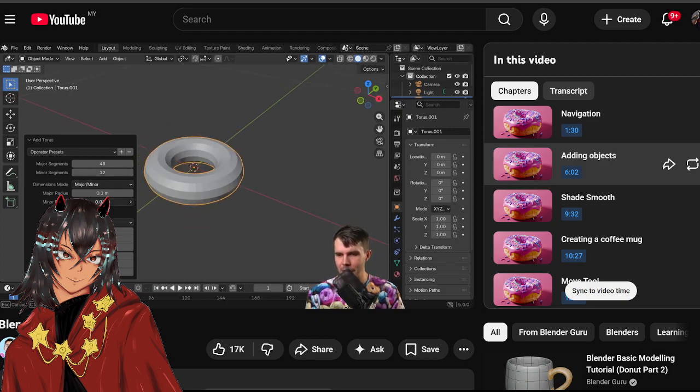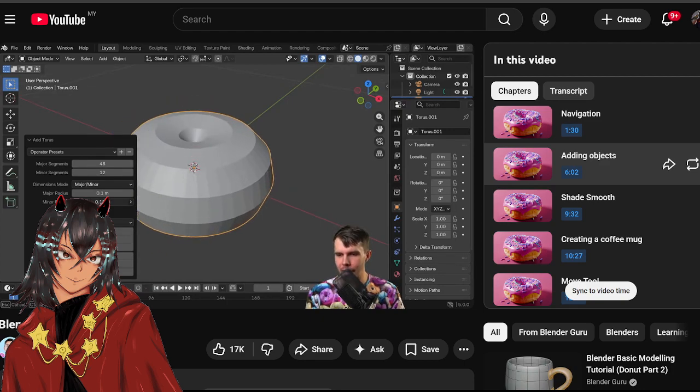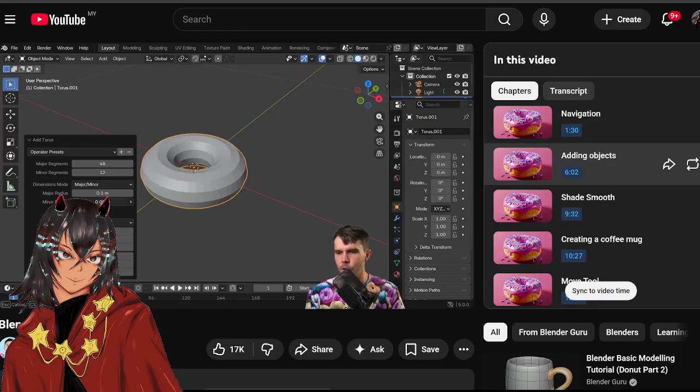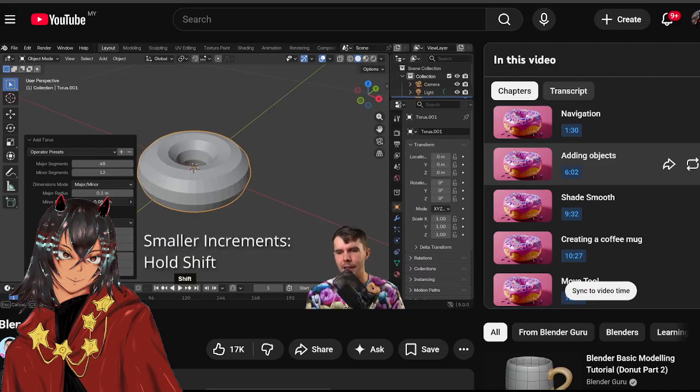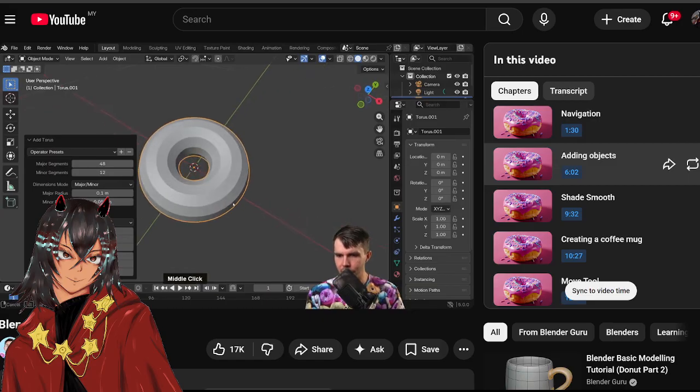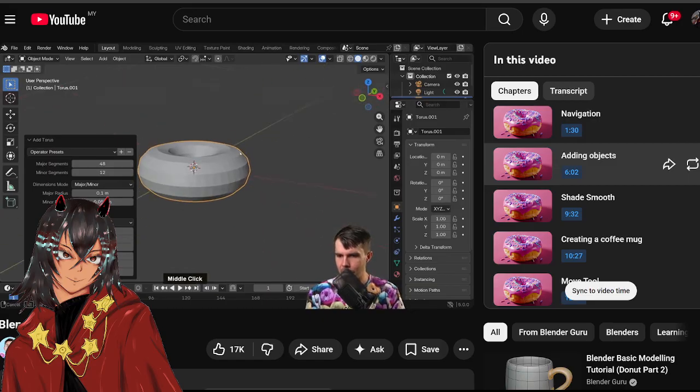Now you can see as I move this, it's going really quick and I can't get it on the right value. So when you're clicking and dragging on a value in Blender, if you hold down Shift, that will use smaller increments. That's another one you use all the time, because sometimes you need small values and it's helpful to get smaller increments like that. So that's pretty good. I might go with that. Yeah, about a point